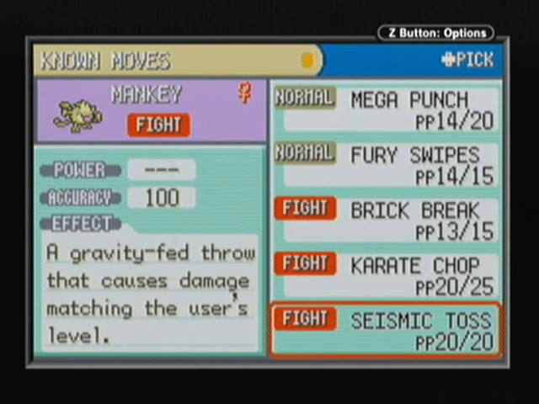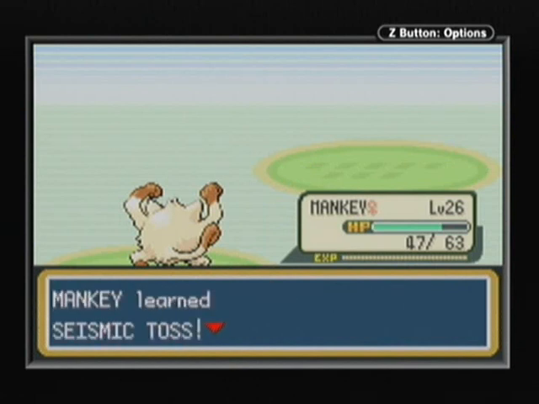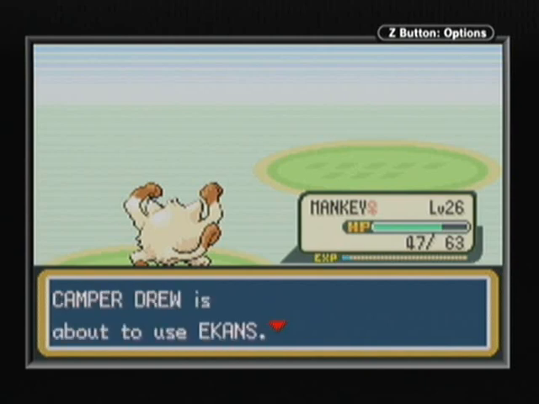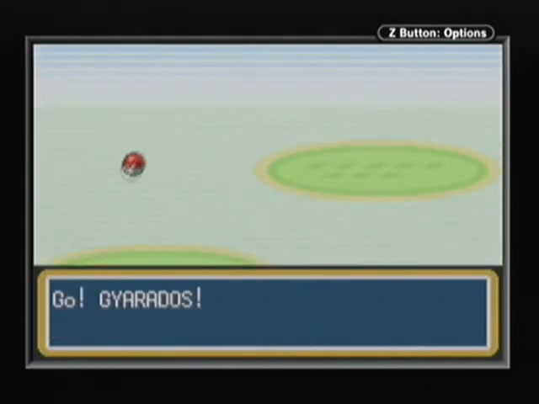Right, that's going to be some sort of calculating that I can't be asked to do. Put it over Fury Swipes. I don't believe you actually get the same type of attack bonus from Seismic Toss, so... which is a shame. And Ekans. Okay, I think I'll go for Gyarados because, to be honest, he's the